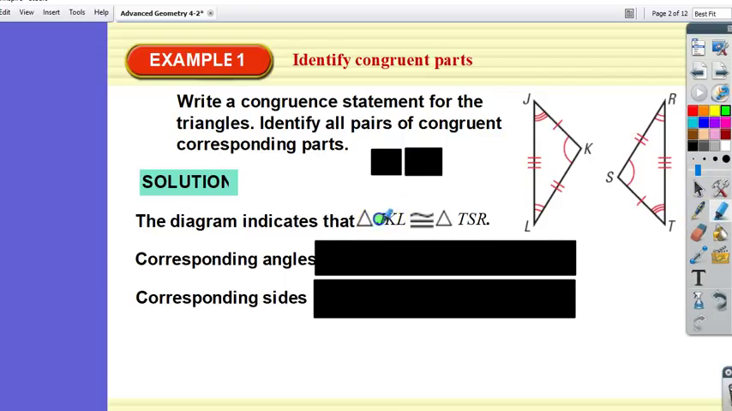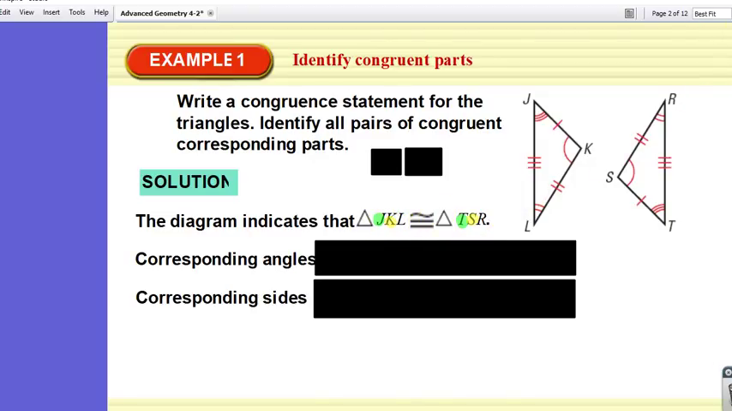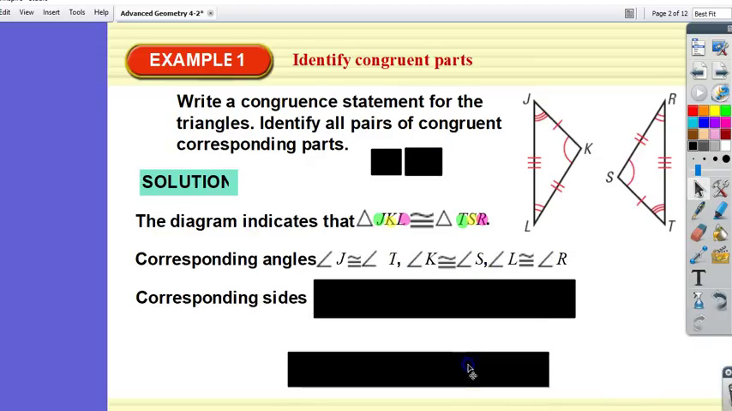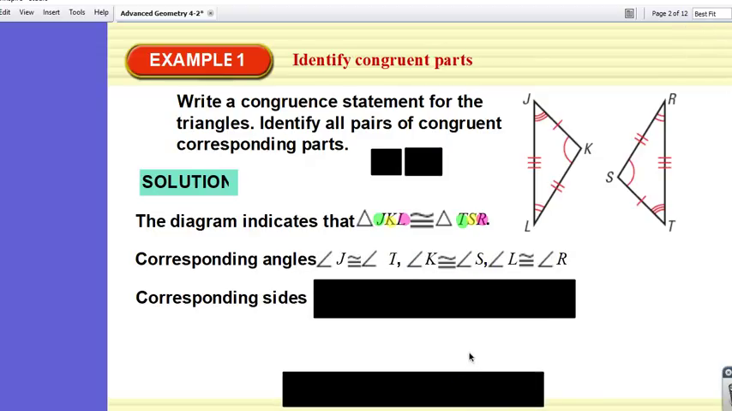So like angle J is congruent to angle T. Angle K is congruent to angle S. Angle L is congruent to angle R, right? You guys see how that works? So you don't even have to look at the diagram. Once you write this properly, it answers all of your questions. You know that angle J is congruent to angle T, angle K is congruent to angle S, angle L is